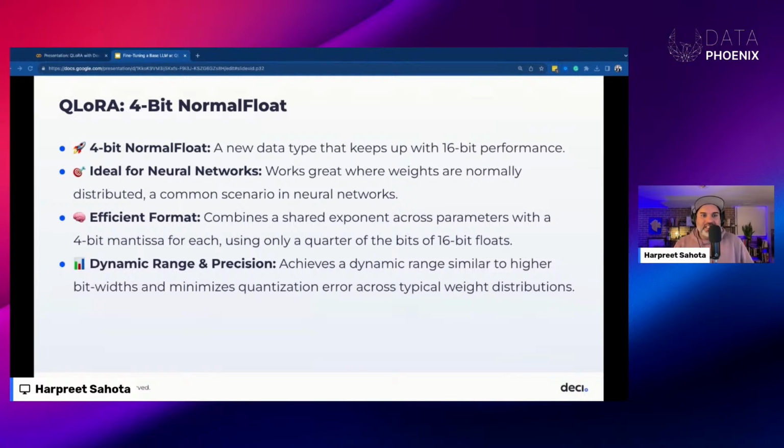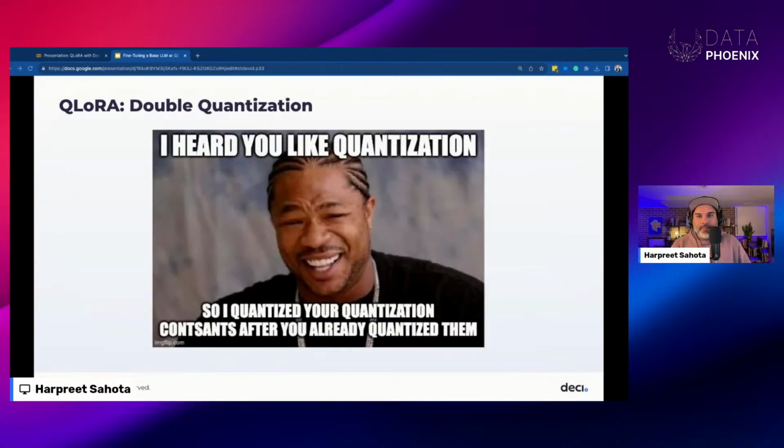So it's just balancing assignment of bit patterns to mantissa values, and this ensures that quantization error is minimized across the distribution of weight values. There's another technique that they invented called double quantization, which Tim Dettmers in a tweet referred to as a silly technique that seemed to work. So let's talk about double quantization.